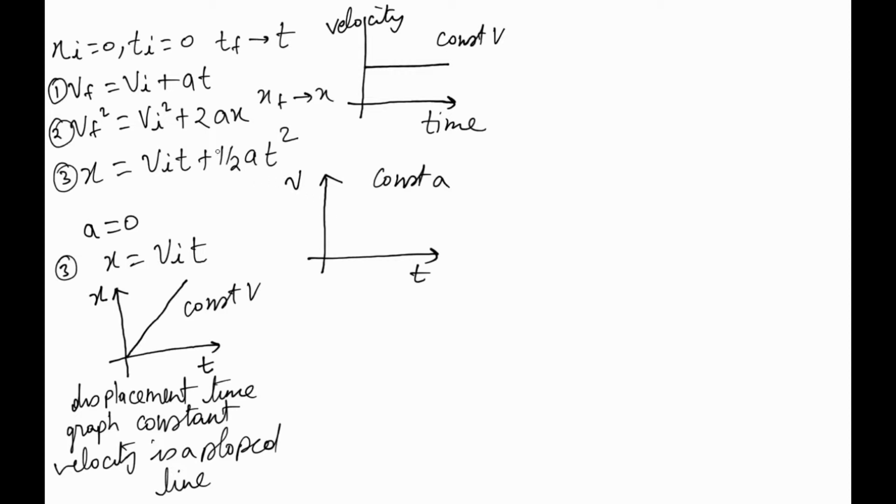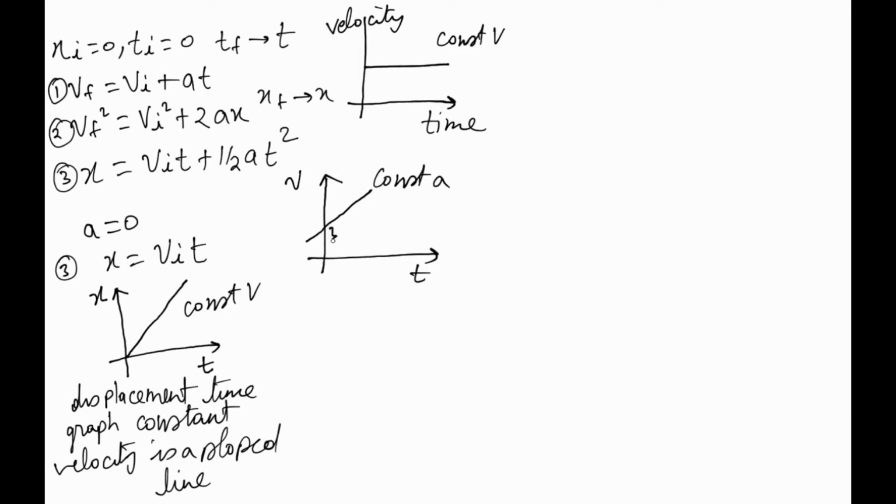Let's use the first equation, because this is the equation that is relating velocity with acceleration. So if acceleration is constant and there is some initial velocity, you see this is nothing but the equation of a line, and this is how it should look like,